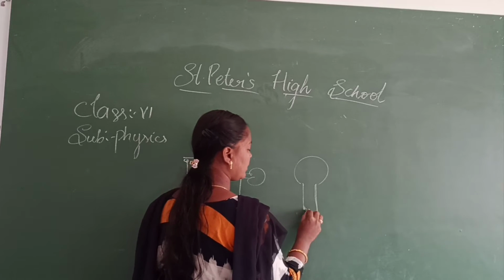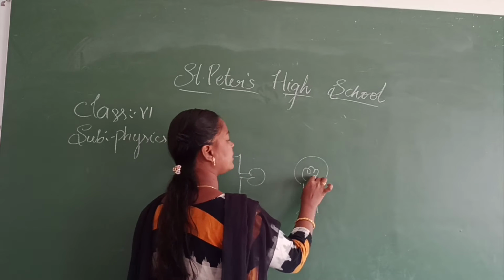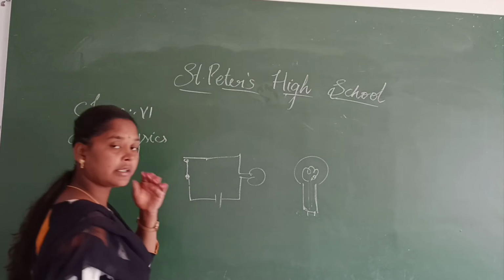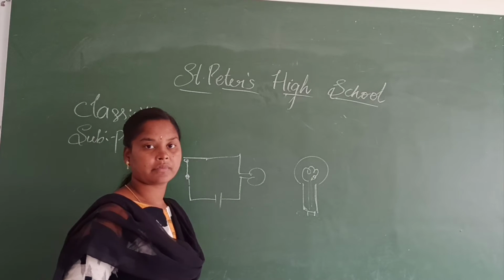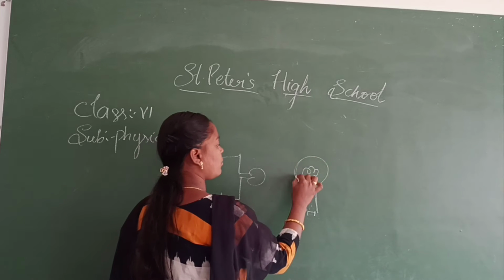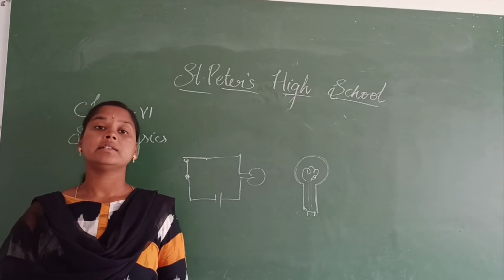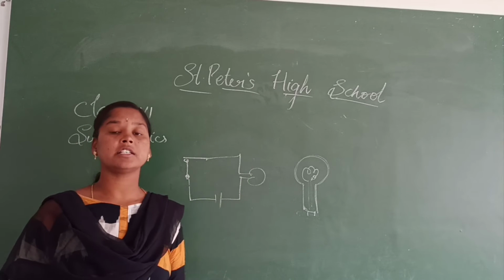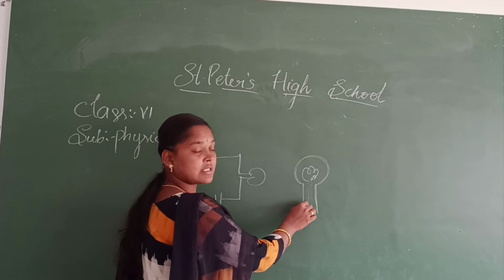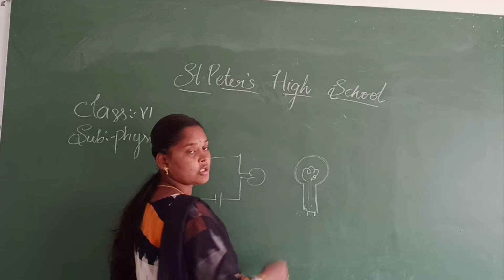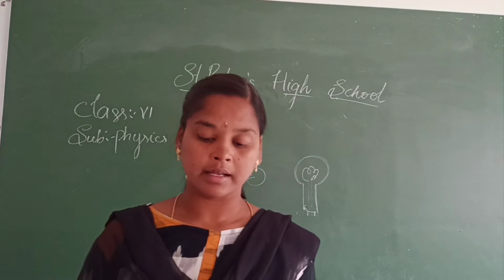We have 2 terminals here and in the middle we have 2 terminals extended to the filament. Which part is considered an insulator? The glass part, the above part, is considered the insulator as glass cannot pass electricity through it. The remaining parts, the metal cap and all the metals, will pass electricity, and the filaments also will pass electricity, as they are metal like copper and iron.